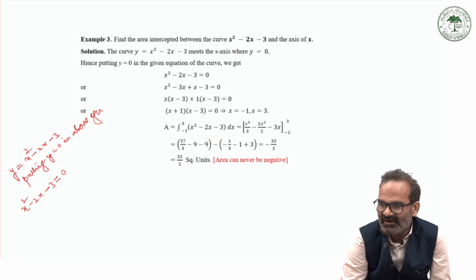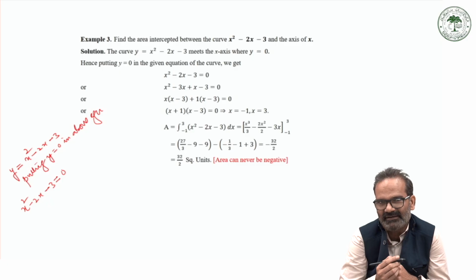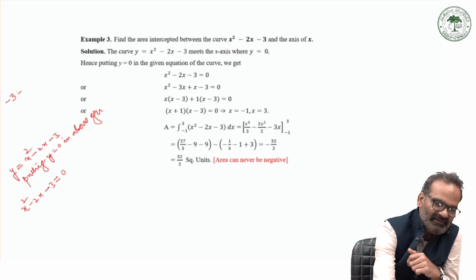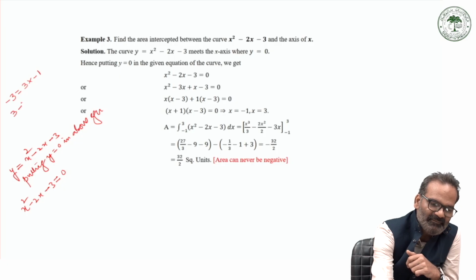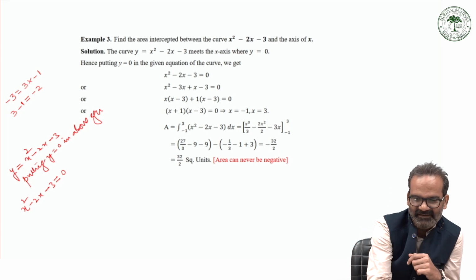This is a quadratic equation, right? Find out its roots or factors. So naturally it will have two factors, and you all know how to find the factors of a quadratic equation. It means minus 3 is the number. So find the two factors of minus 3 whose sum comes out to be minus 2. So 3 into minus 1. Look at this. The product of these two is minus 3, and 3 minus 1 gives you 2, right? So this can be written as